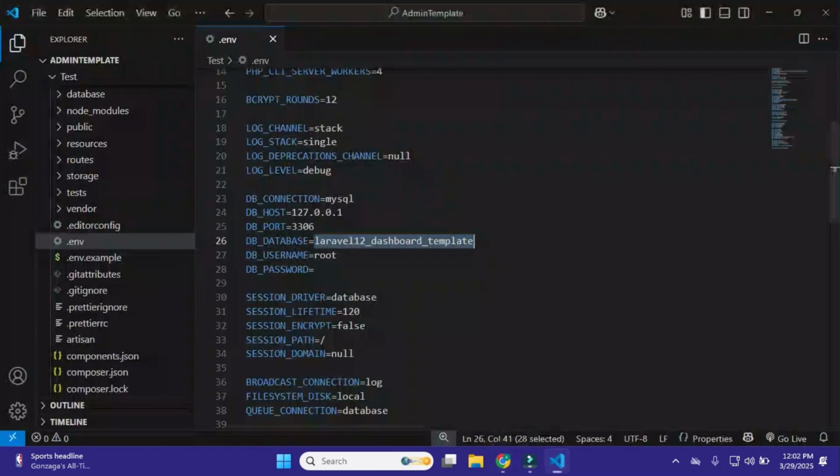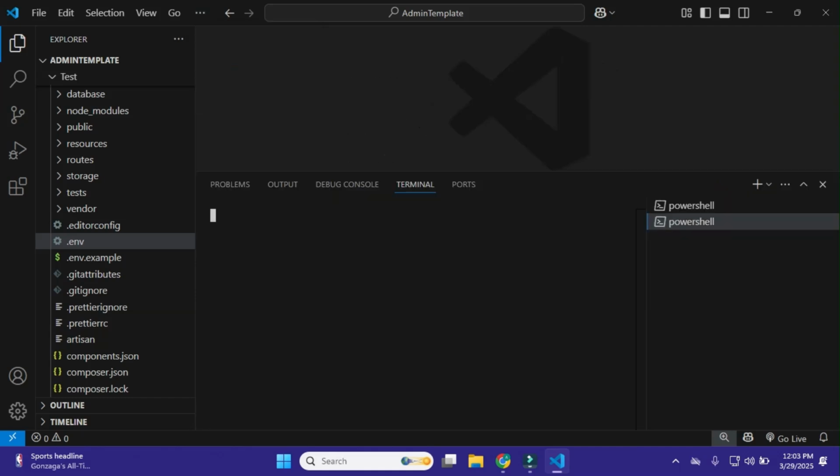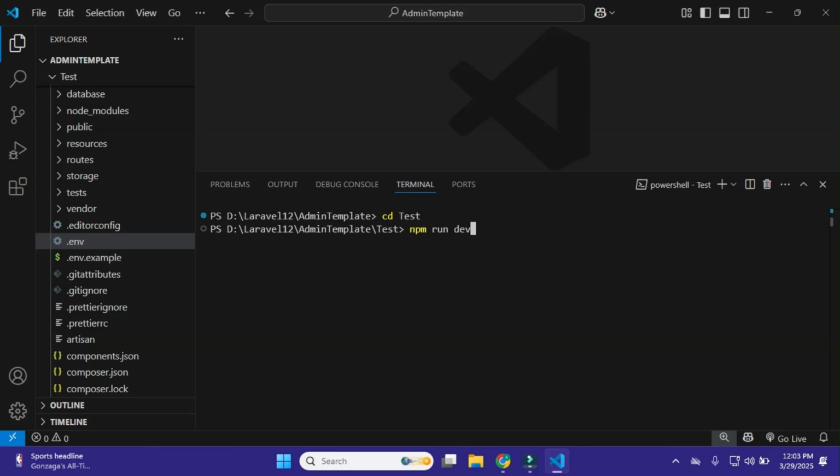Okay, so now I'll run my migrations, and just go to terminal, new terminal, and here first navigate to the project using this command, and then run this command: php artisan migrate and click on enter.